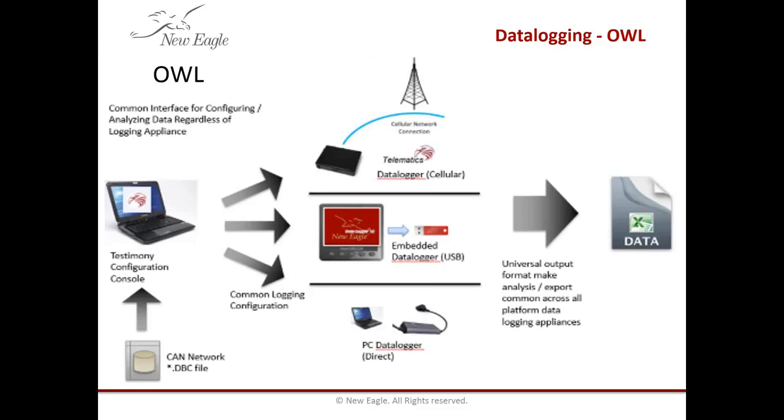What we're calling our data logging platform is OWL, and you can do data capture on many different data logging appliances. As I said before, you can capture data at the top here with the telematics platform. This is when you're in a fleet testing mode, we'll say. Some people do it earlier in the process, but consider maybe you've got 10 vehicles in the field and you're collecting data with a telematics appliance. That data would be sent to a central repository in the cloud, and you'd need to be able to recover that data and analyze it. So the OWL tool allows you to pull the data in and convert it into a more useful